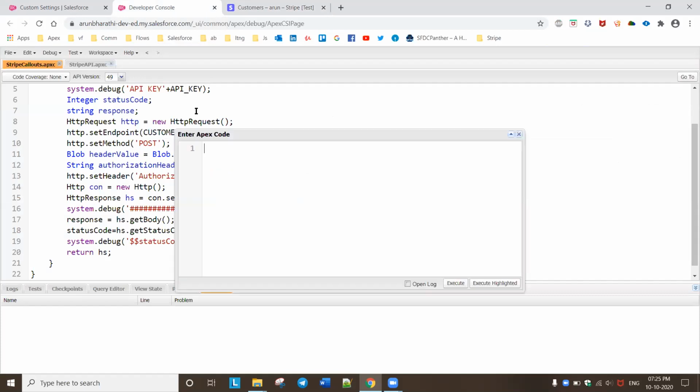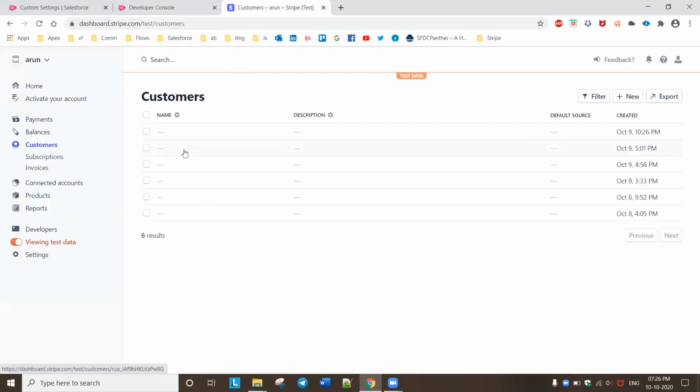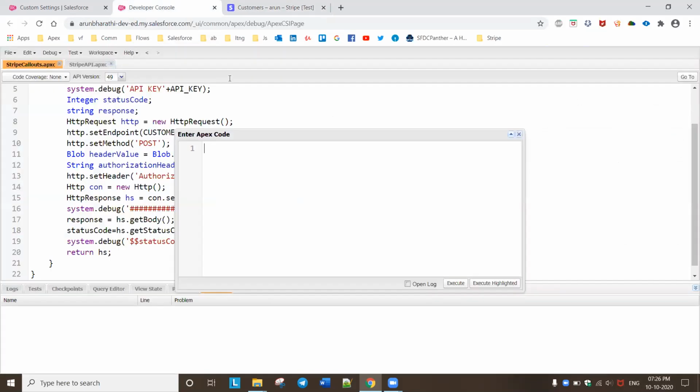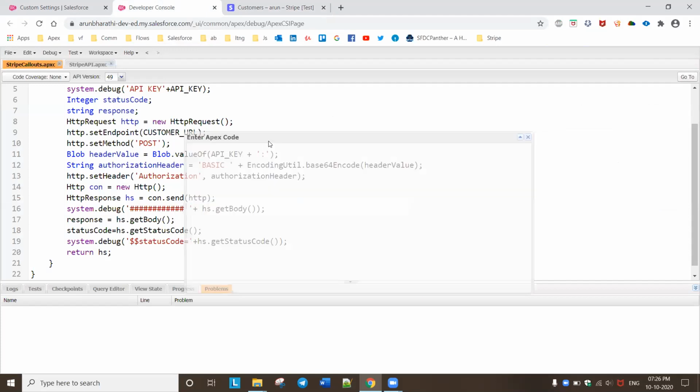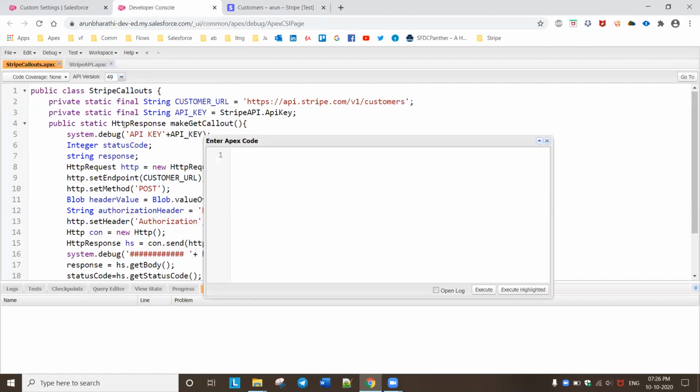You said that you are not able to send the JSON file. Yes, in such a way I am doing it, to create a name, description, and everything. We have to send those values to Stripe. The first time I am testing whether it is working or not. This is fine, Arun. This is nice and good. You are able to connect with Stripe with that API key itself. Yes. That's what you have achieved here. This is good. Does anybody have any questions on this? How to establish a connection between Salesforce and Stripe?